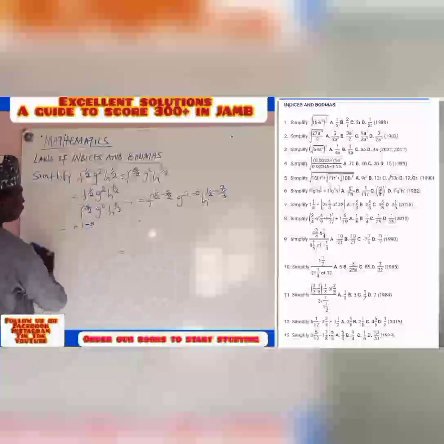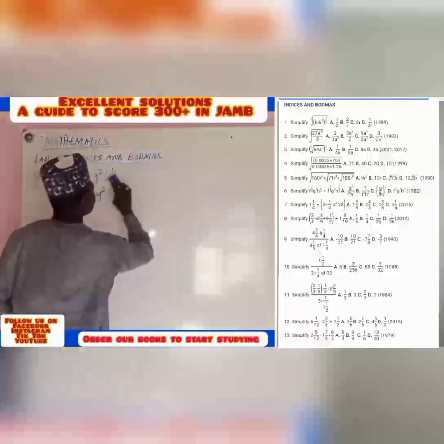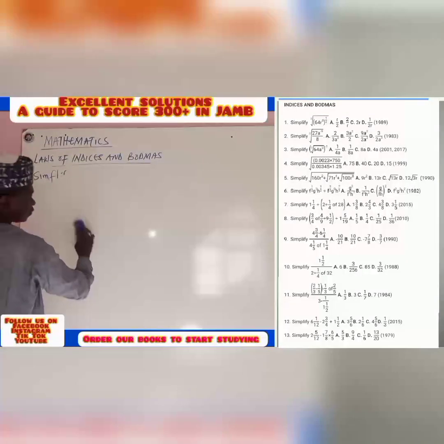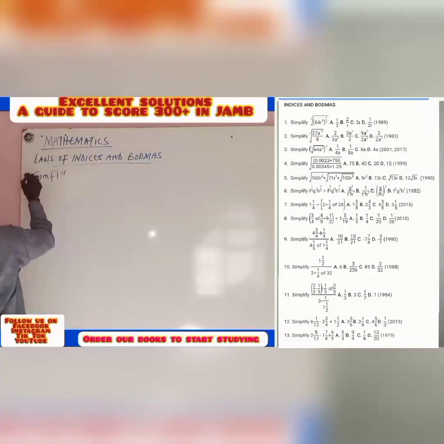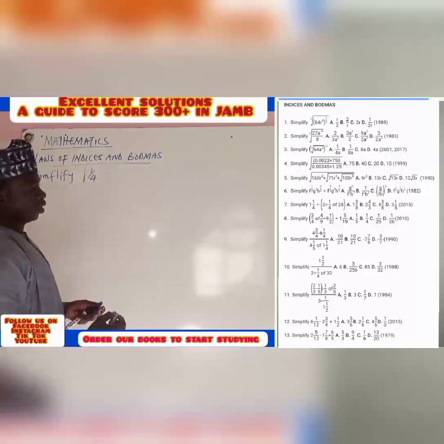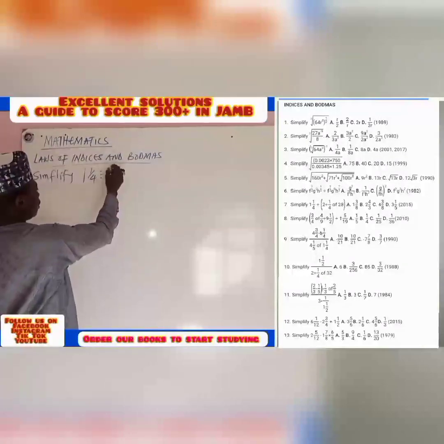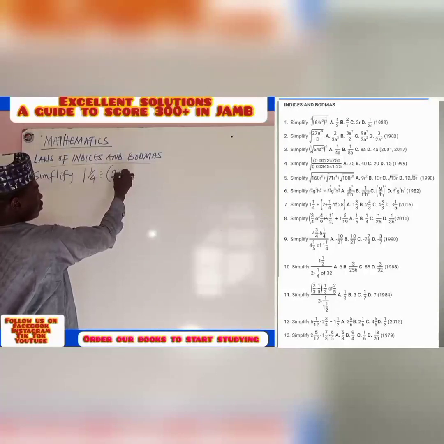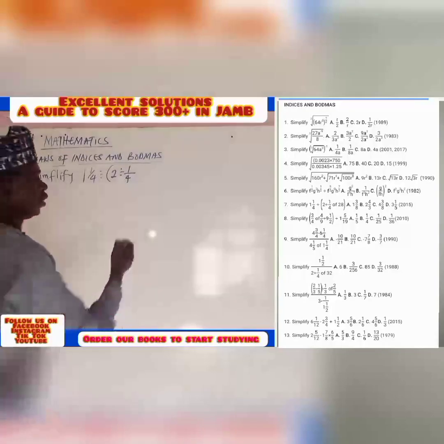So we now look into our next question, which is question 7. Question 7 says simplify 1 whole number 1 over 4, divided by 2, divided by 1 over 4,